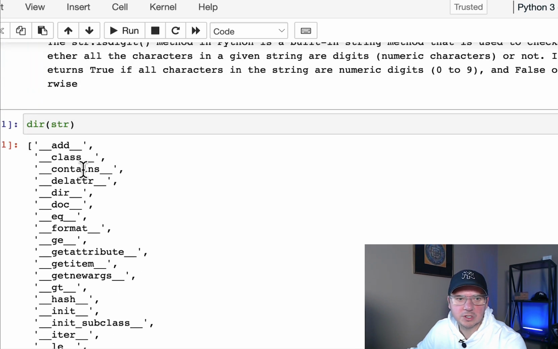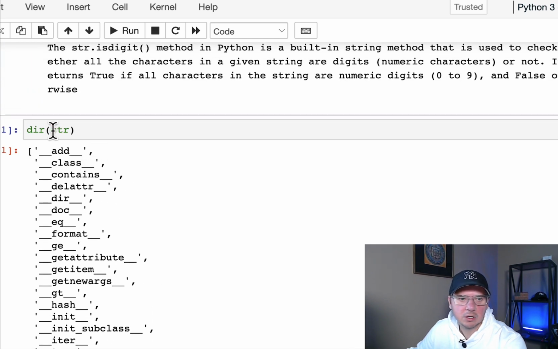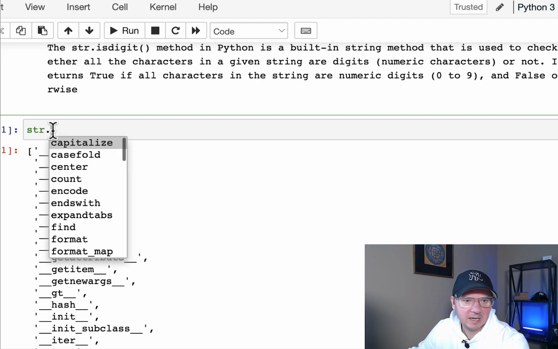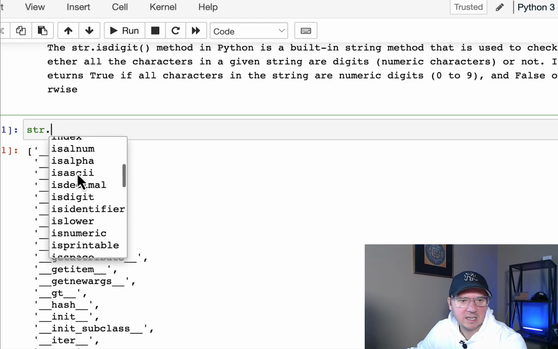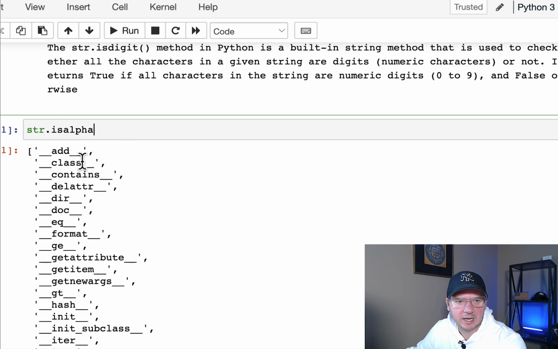Or if you're using Jupyter, pretty much what I'm doing here, you could place a period here, press tab, and then you see the same list of methods, and they're all here, right? So if you don't remember what isAlpha does, or if you don't remember what isdigit does, what you could do, you could use help,